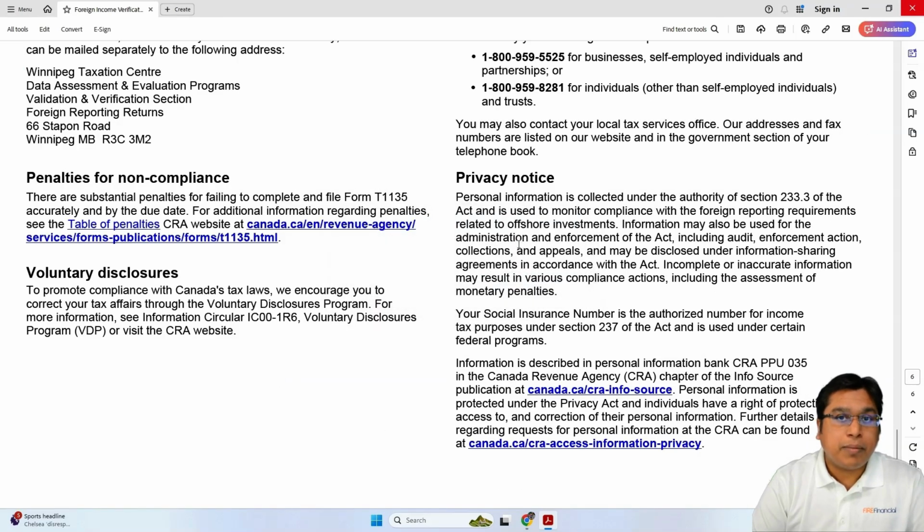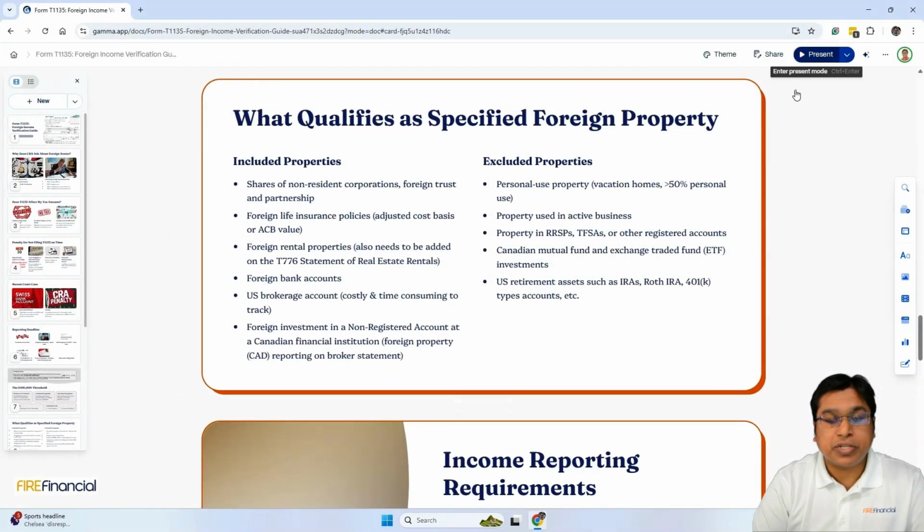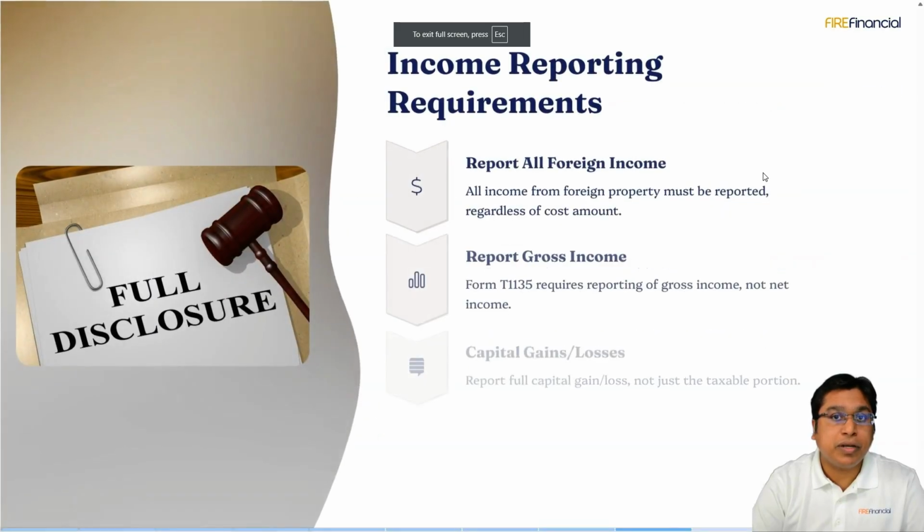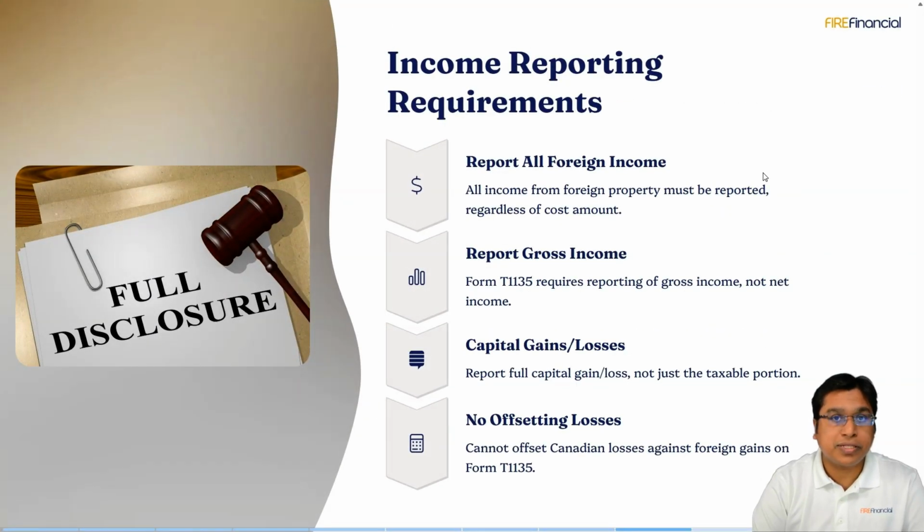Now, let's talk about some special cases which sometimes confuse a lot of people. So what happens if you are a new immigrant to Canada? Canada has a lot of new immigrants that come to this country. CRA waives the first year requirement. Meaning that when somebody comes to Canada and it is their first year of tax filing, CRA does not want to give more tasks to these new immigrants, and they do not require you to prepare the T1135.